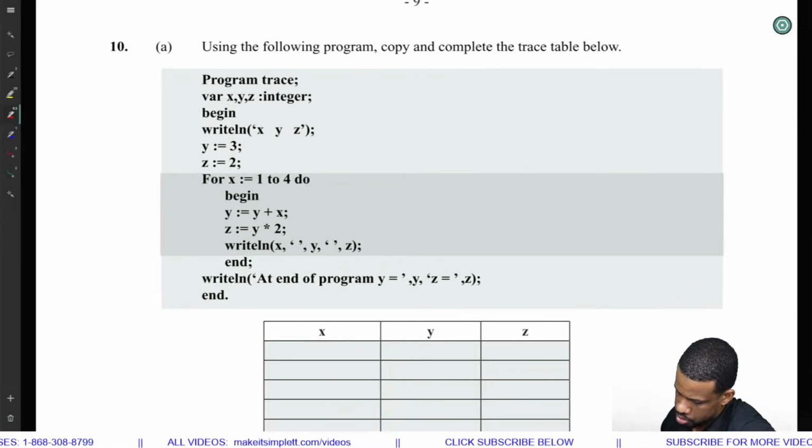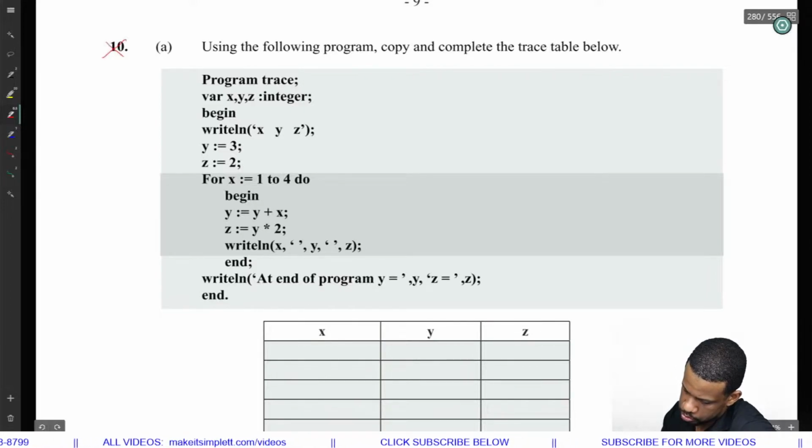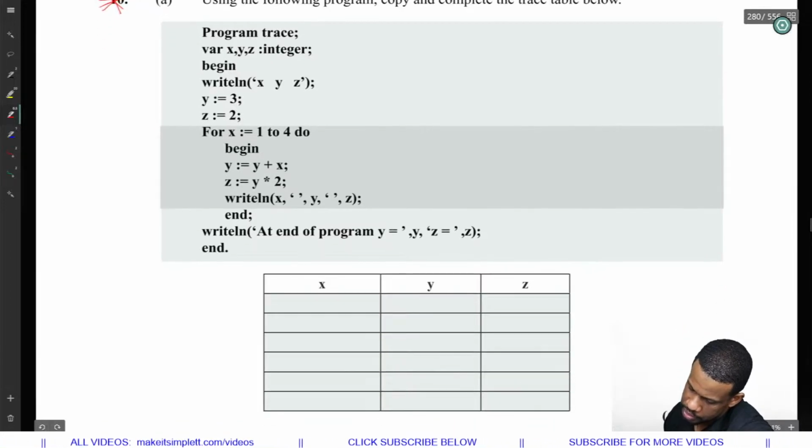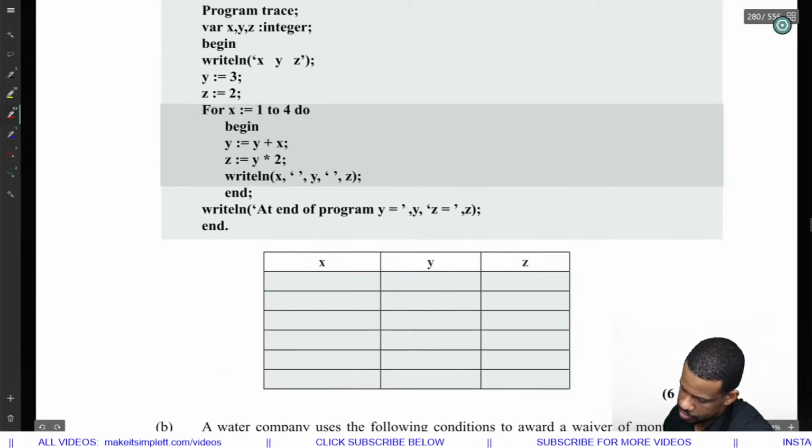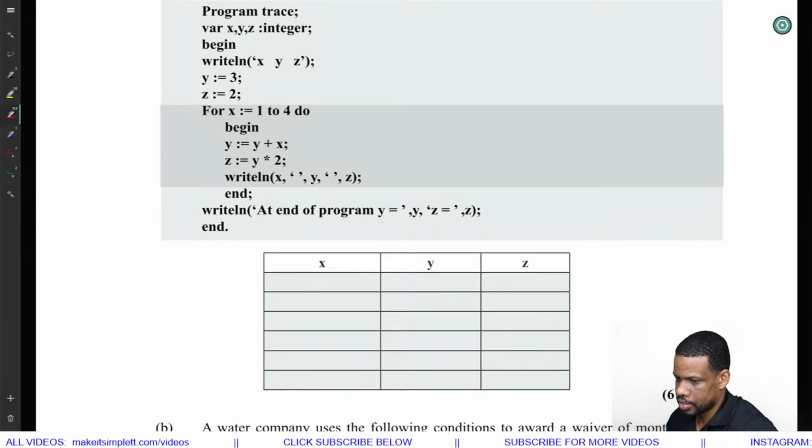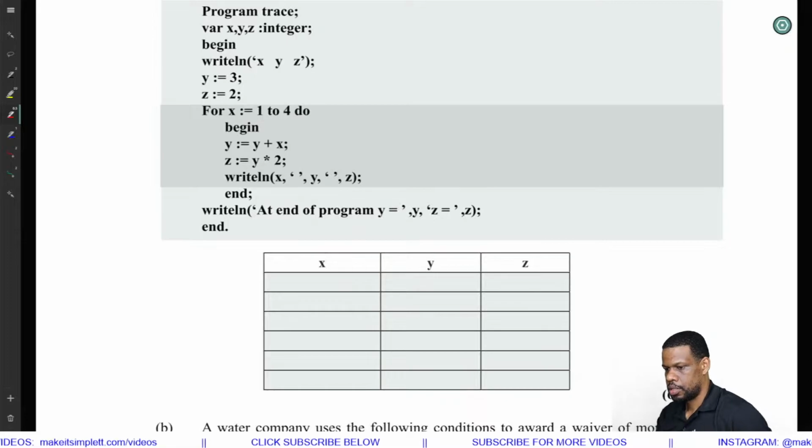Using the program below, complete the trace table. This is Pascal, so nope, no Pascal. Even though you could do it, huh? I think we could do it. Because even though it's Pascal, it should be,